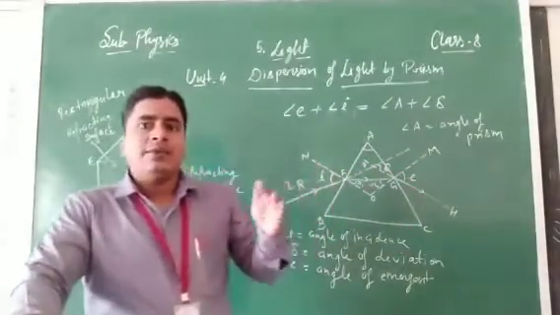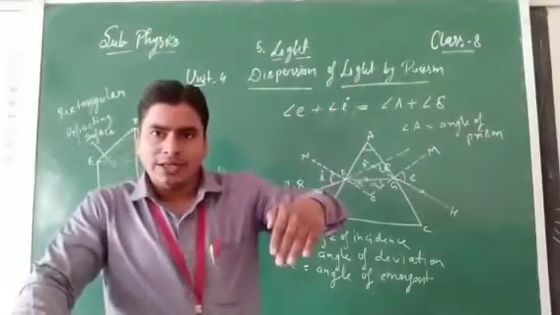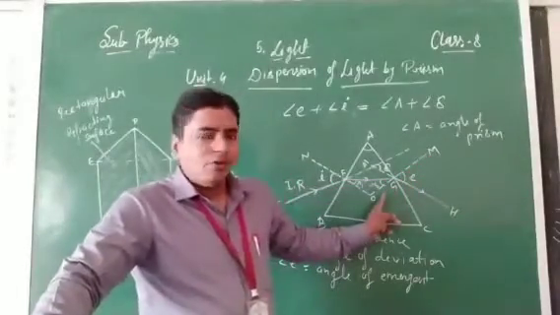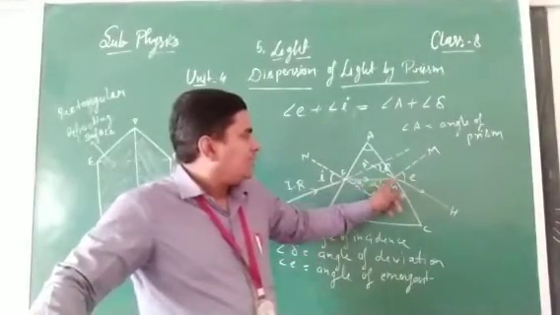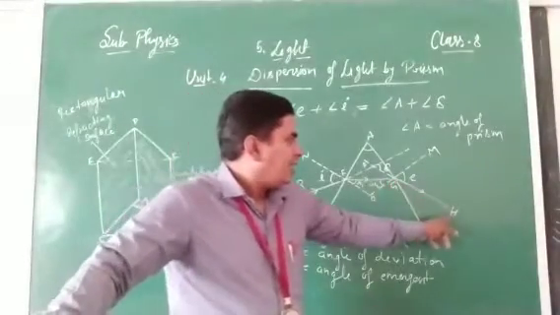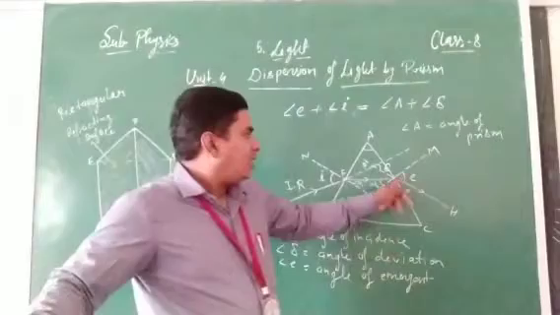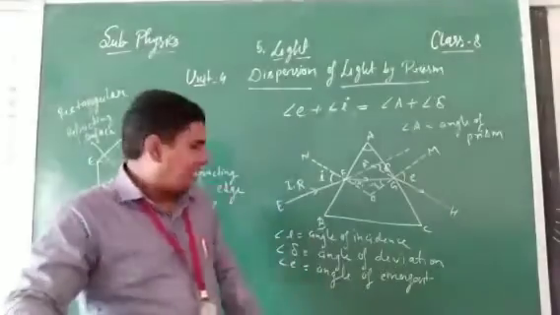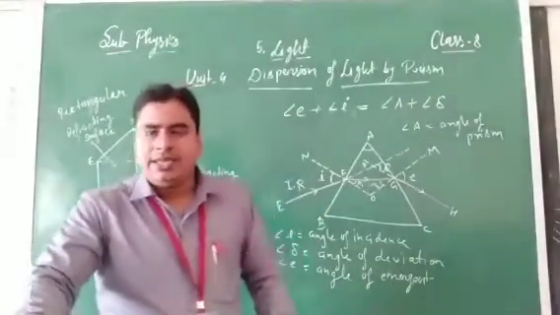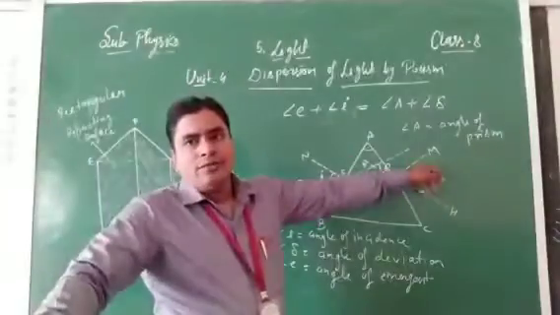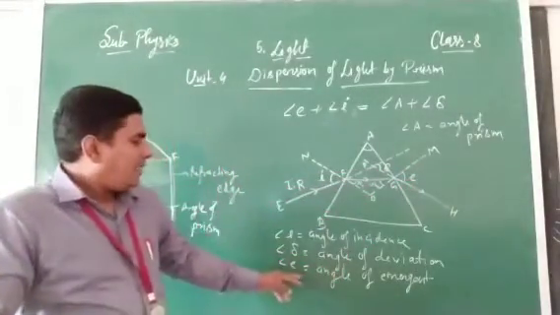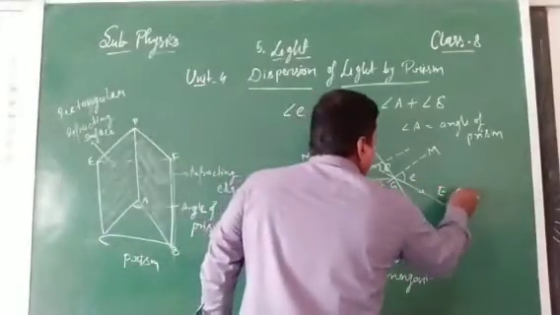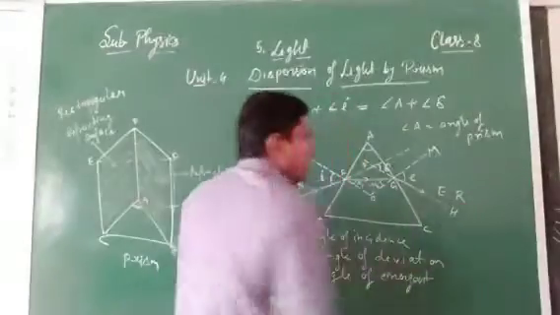जब लाइट रे डेंसर से रेयर में जाती है तो ये नॉर्मल से दूर आ जाती है ना, away from the normal. So here the normal is what? MO. Normal is MO. So the light ray emerges out from this point of refraction G, that is GH, and the angle between the normal MO and GH is called the angle of emergence E. Angle of emergence E is the angle between the second normal MO at the second refracting surface and the emergent ray, this is ER. Emergent ray, that is called the angle of emergence.